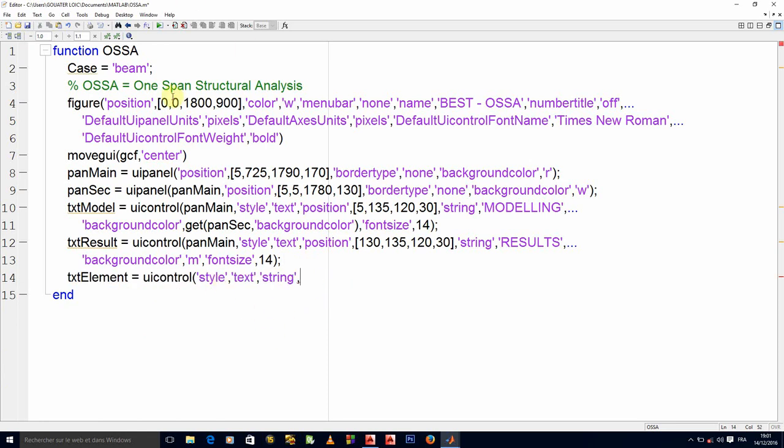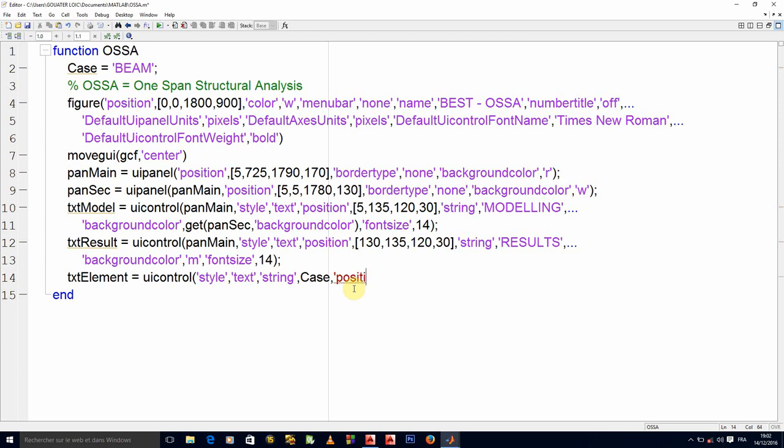So here I'll call this case beam, and this beam is what I want to see displayed on the particular label, because this text element serves as the label to the push button. So I'll have style here text, and then I'll use case as my string, so that when the case is beam, it will just be beam here. When the case is column, it will just be column here. When the case is slab, it will just be slab here. You get it, I hope. So you have the style, the text, the string to be case, and we have the last thing. No, it's not the last thing.